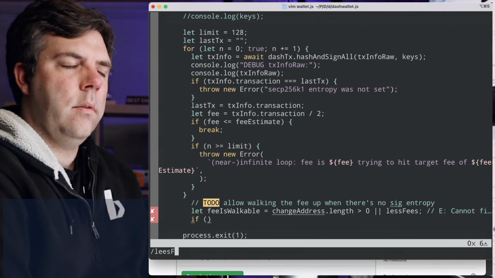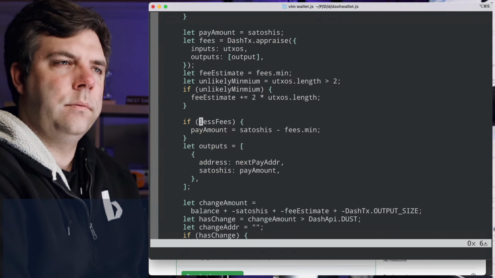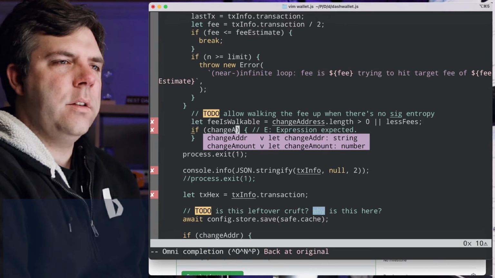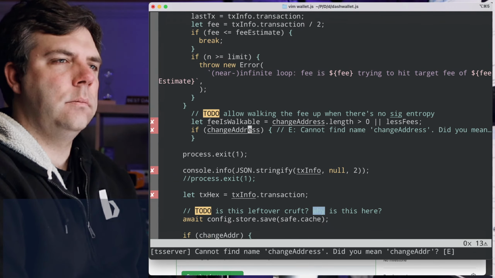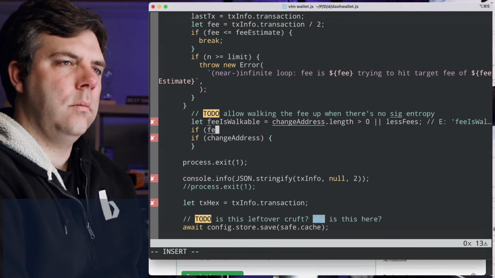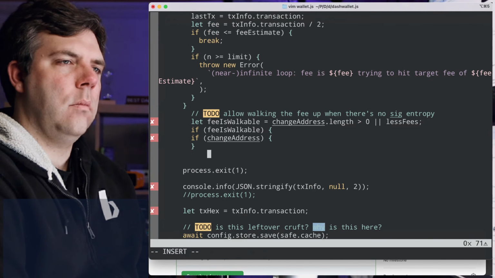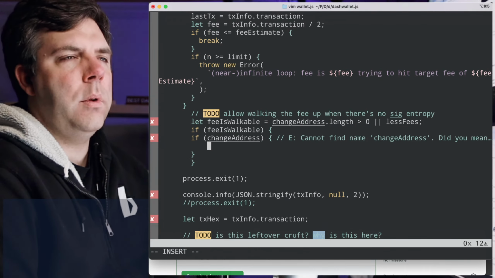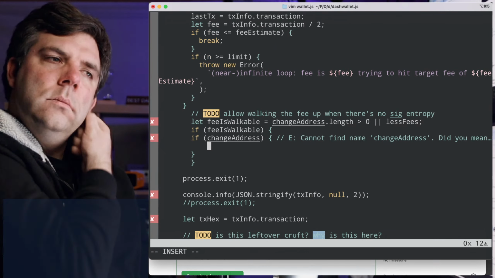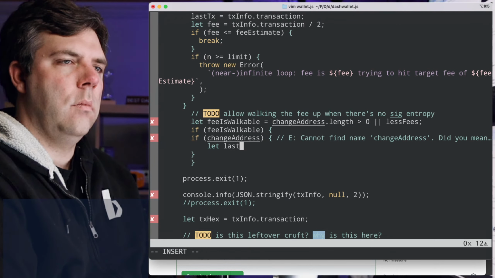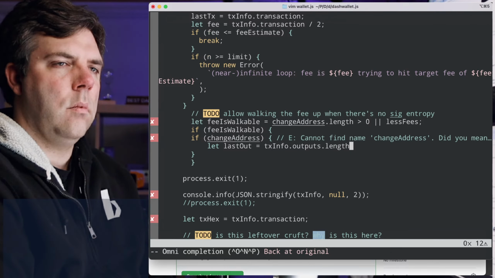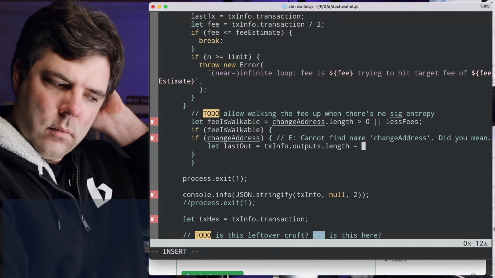Okay, what did I say? Less fees, right? Alright, so if change address, then what we would do is we would take the last output and we would